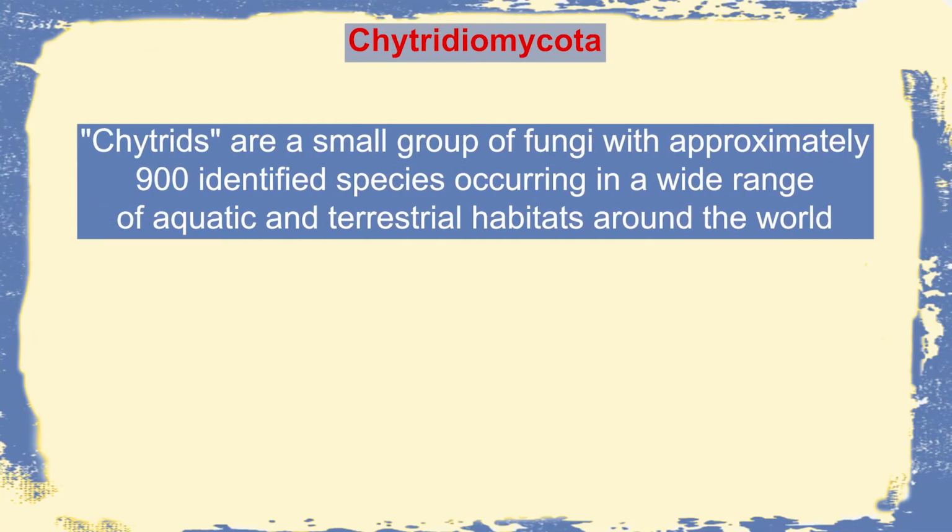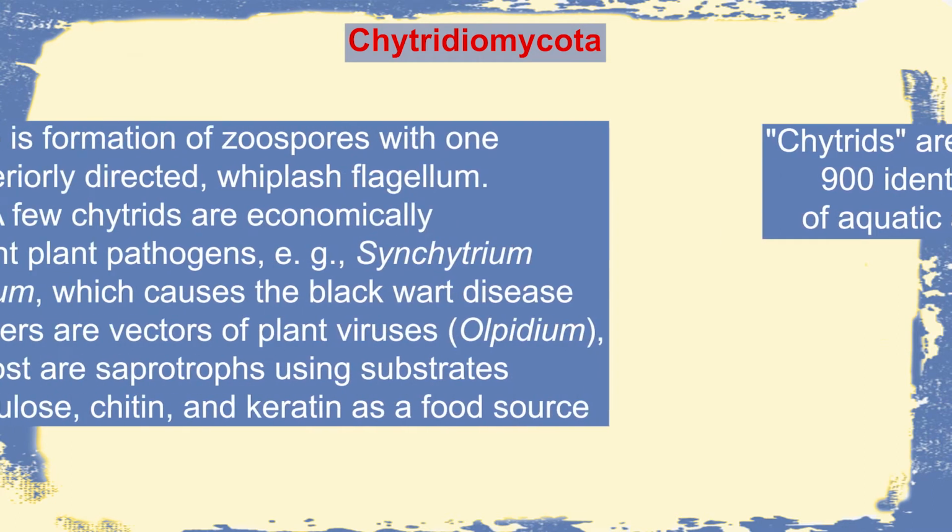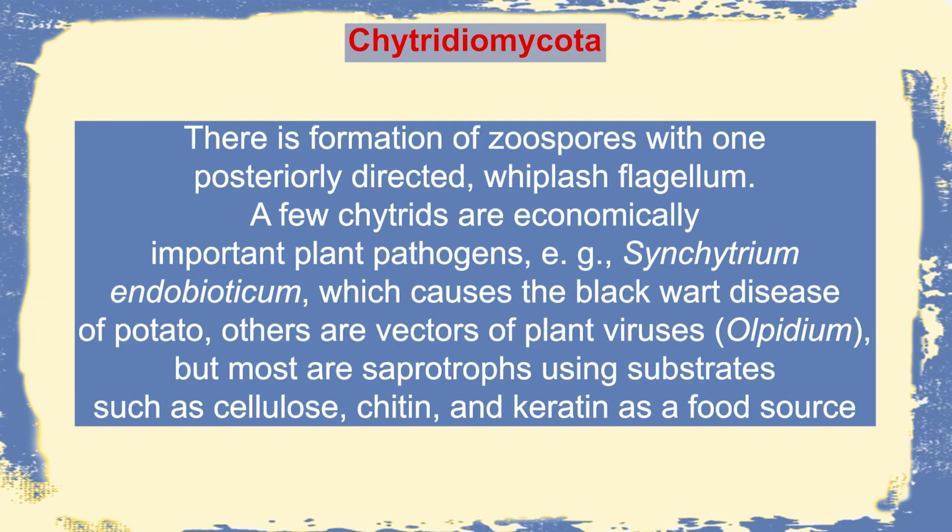Now, let us consider the true fungi, and we start with the Chytridiomycota. Chytrids are a small group of fungi having approximately 900 species, and they can grow in aquatic and terrestrial habitats, and they also reproduce by zoospore, and they may be pathogenic. Sometimes this Synchytrium endobioticum, which is causing wart disease of potato, or sometimes they may transport plant viruses like Olpidium,